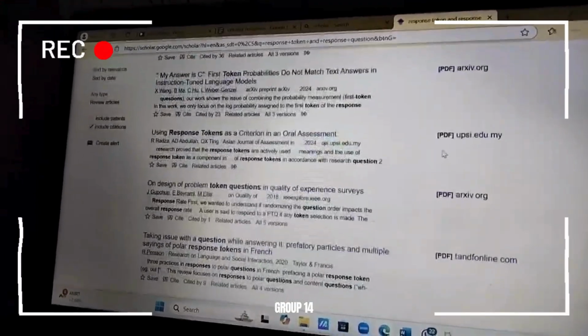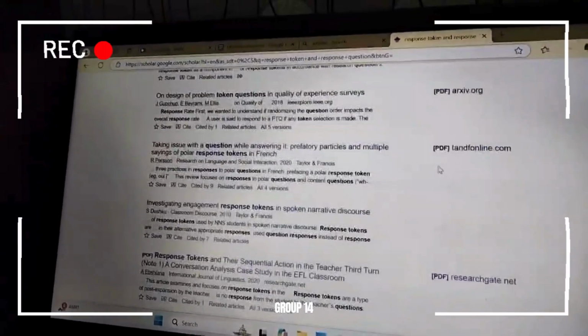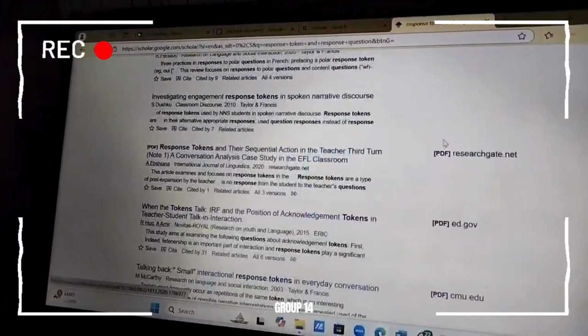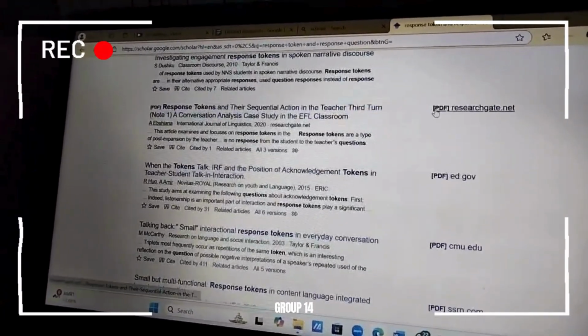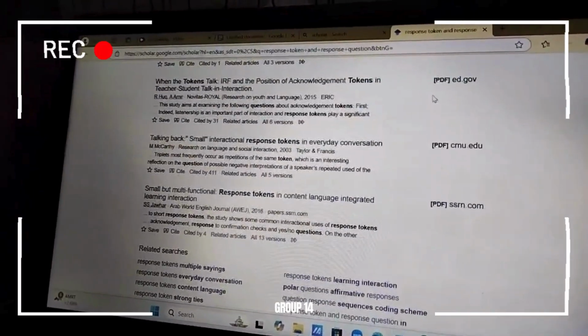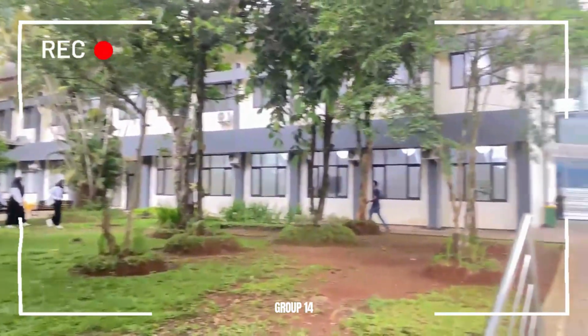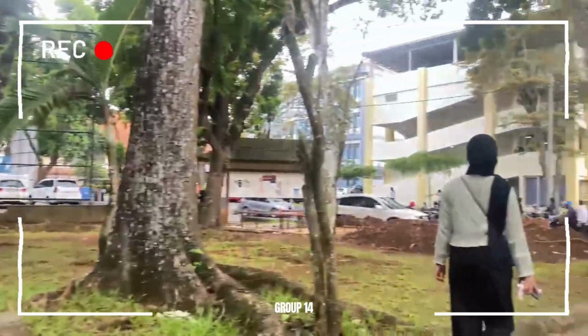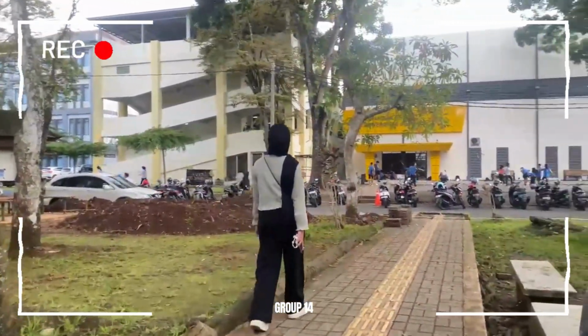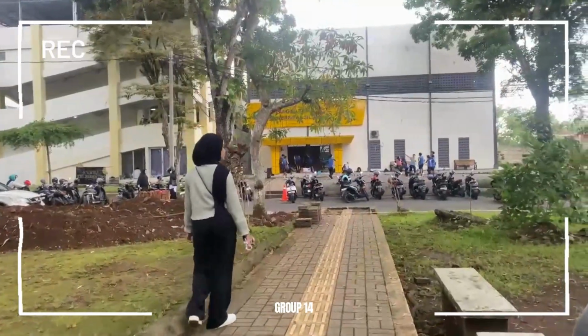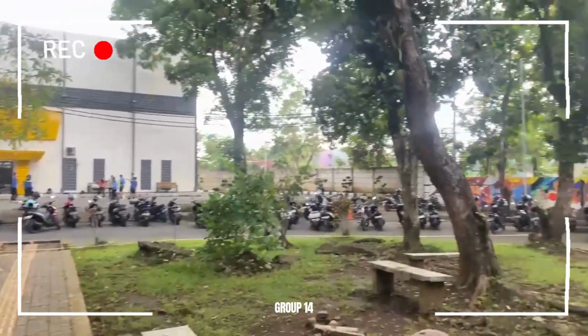The experience also enhanced our understanding of response tokens and response questions, storytelling, and other materials presented by the other groups, and strengthened our active speaking and listening skills. We are now more confident in using appropriate oral grammar, both in academic and everyday situations. And to conclude, we feel proud of our work and grateful for all the lessons we have learned. This assignment was not just about the grades, but also about becoming better communicators.